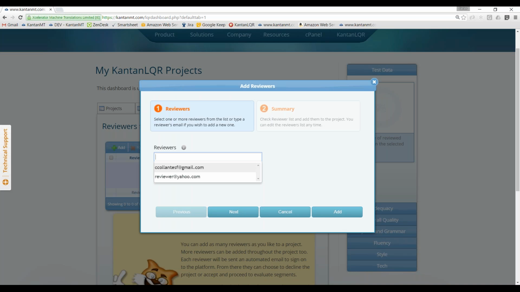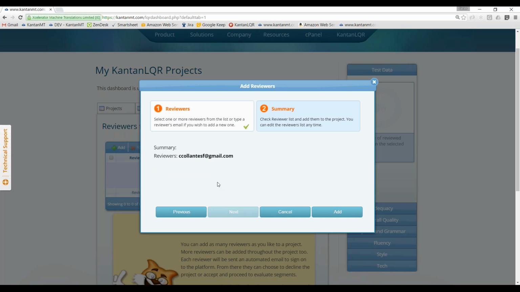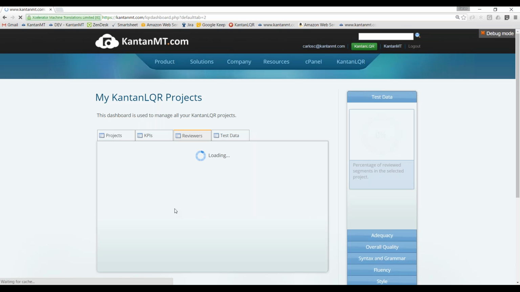And on this window, we can introduce the email address of our reviewers, and it will be as easy as that. For example, I have one here, which is myself. I'm going to add me. But if I want to add a new reviewer, I can just type a new reviewer or any other email address, and it will be added there. So you click there and you will have it here. I'm not going to add it because this is a fake address, but you can do it if you need to. You click there, you click next, you receive the summary, and you click add, and you will see